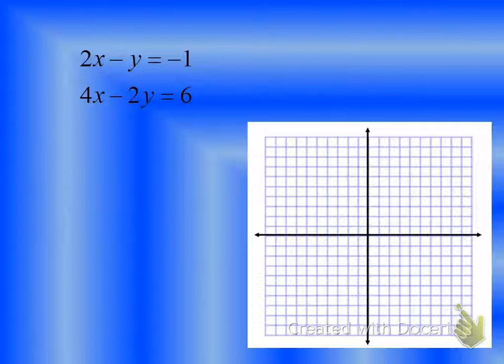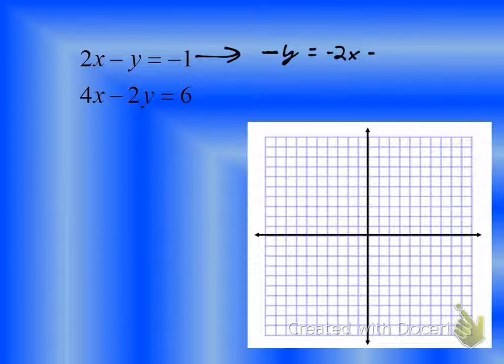I absolutely hate standard form. I think it's pointless. What do I want you guys to change it to? Slope intercept, which means you solve for what? Y. Very good. All right, so the first one, we're going to solve for y. So I'm going to work this guy out here. What's the first step in order to solve for y? What do we got to do first? Subtract 2x. So don't forget the negative that's in front of that y. It's very important. So -y equals